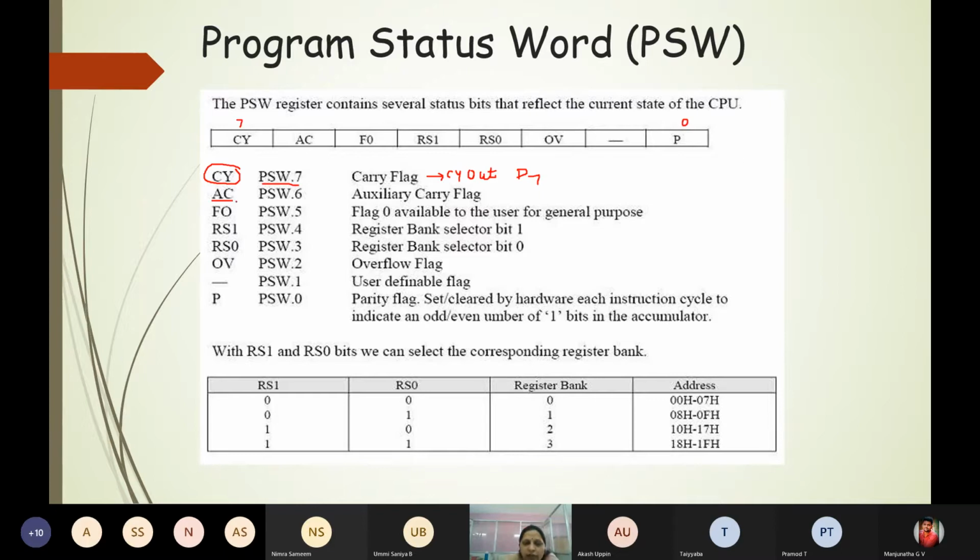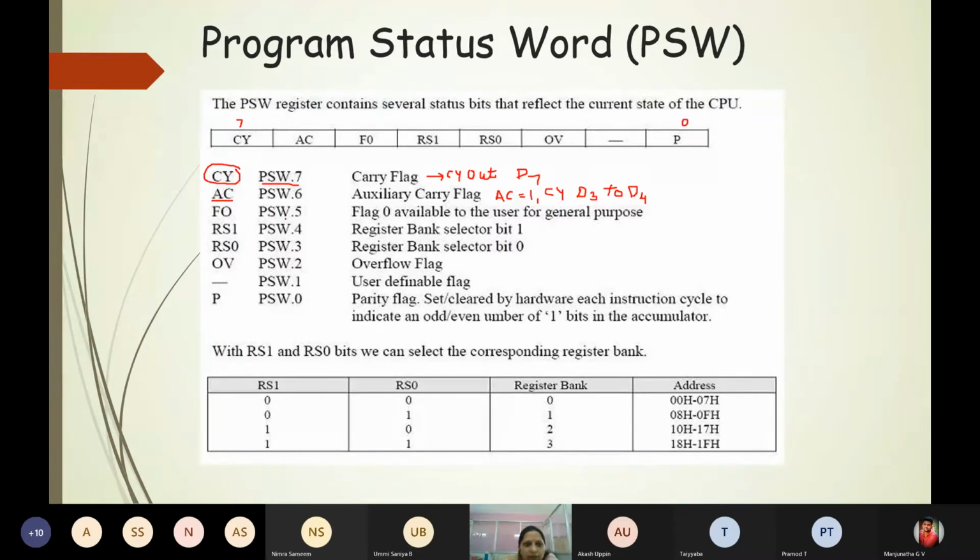The auxiliary carry flag AC is equal to 1 whenever there is a carry from the D3 bit to the D4 bit, that is, from the lower nibble to the upper nibble, after performing the addition or some arithmetic or logic operation.